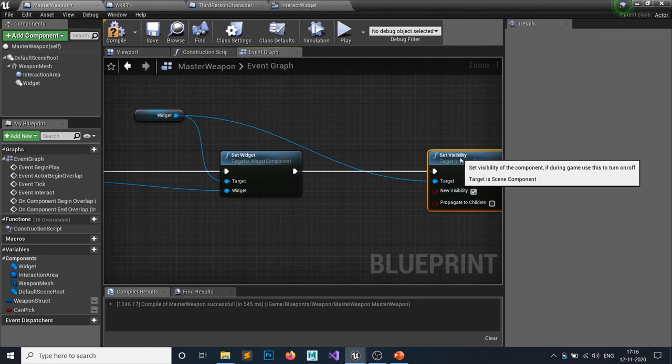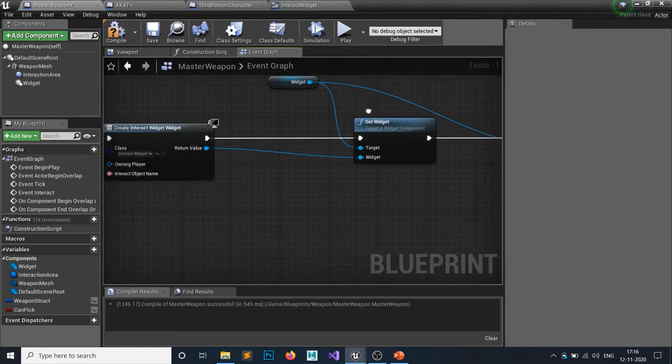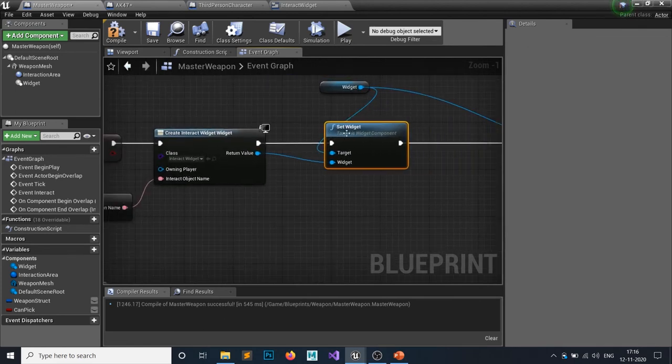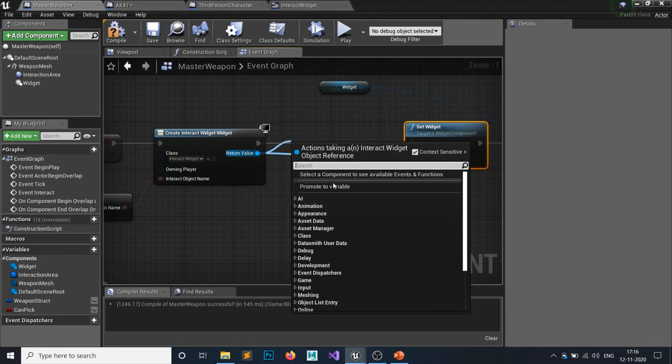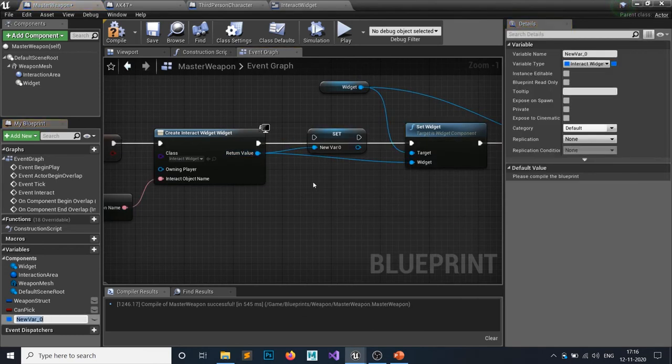Let's make some room in here. As you can see, we are setting this widget. Let's promote this one to a variable. I'm going to call it interact UI.